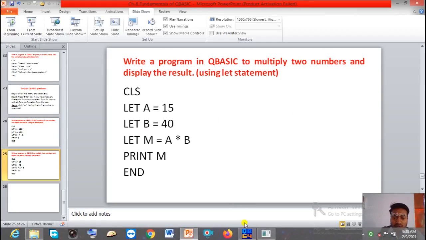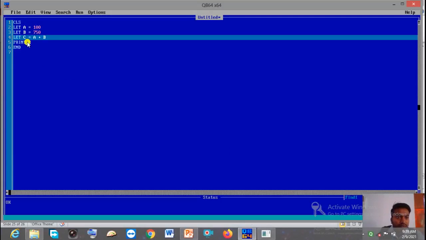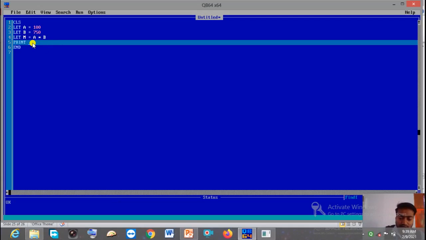Now let me show you. Suppose instead of C I am taking here M, and this A asterisk B. Now print M. Okay, now you can see A having 100 and B having 750.